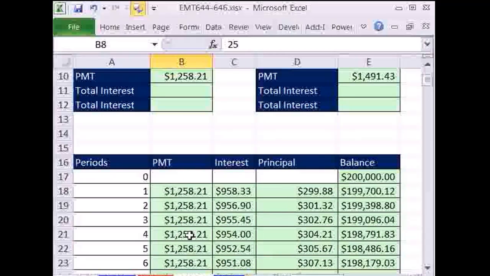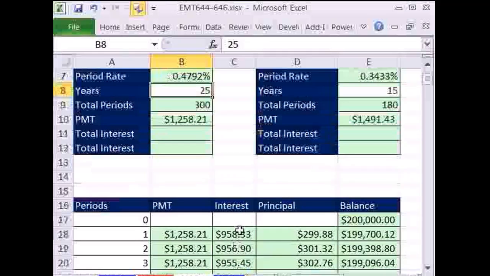And amortization tables are great. They tell you how much you send in each month to the bank, the same amount if it's a standard amortized loan, the interest paid, and the principal reduction. So we just need to add this column. Now I'm going to show you a simple trick here for adding interest. But then we want to look at the CUMIPMT function to see how to do it without an amortization